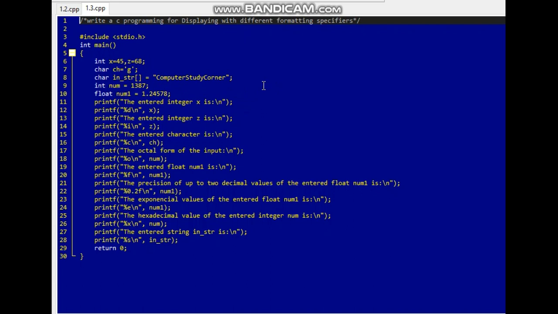Now, for using the formatting specifiers, first I have used %d, which is used for printing any integer number. So I have taken already an integer number x and going to print it with %d.